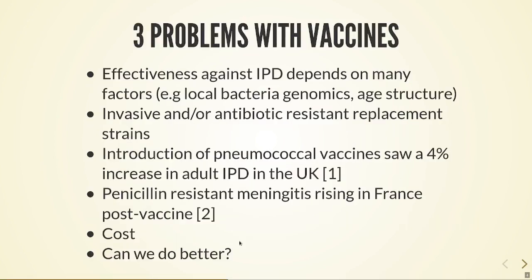The efficacy of the vaccines against IPD depends on many different factors, such as the genomics of the bacterial population and the age structure of the human population. Introducing a vaccine can have unintended consequences, since the non-vaccinated strains will replace the vaccinated strains in the bacterial population. The replacing strains can be more invasive or resistant to antibiotics, and there are a few cases of this happening